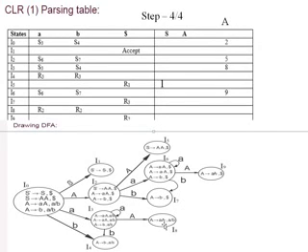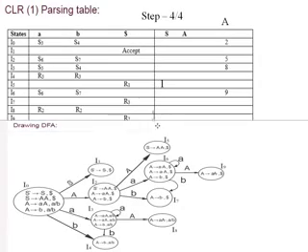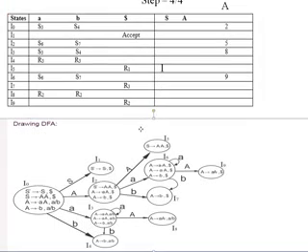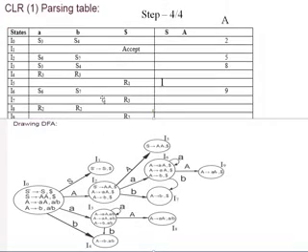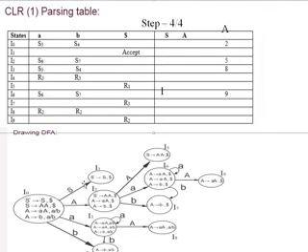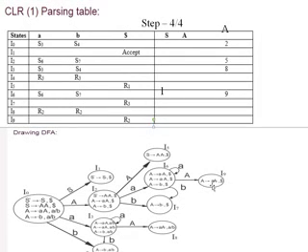Capital A tends to small a capital A. So in I8 you can see your grammar moved to the final point. So that's why I have written R2, R2, R2, which means our input came to the final position. In I9, what is the final one you have? Capital A tends to small a capital A. In this one, your grammar reached the final point, so that's why I have written R2.